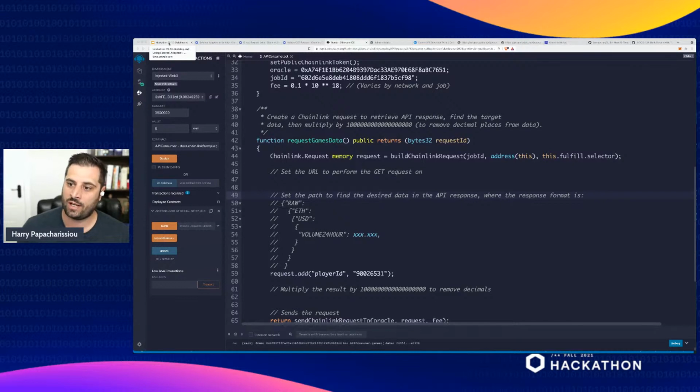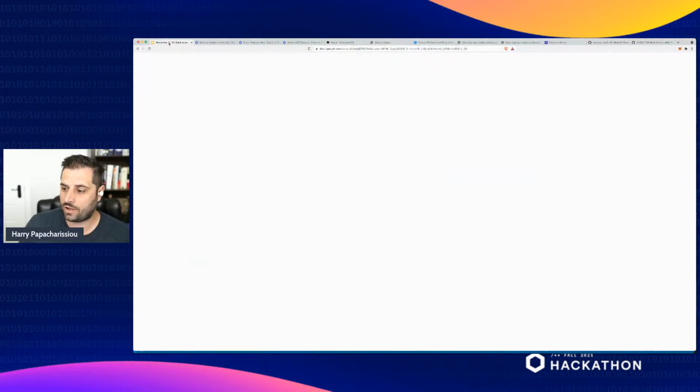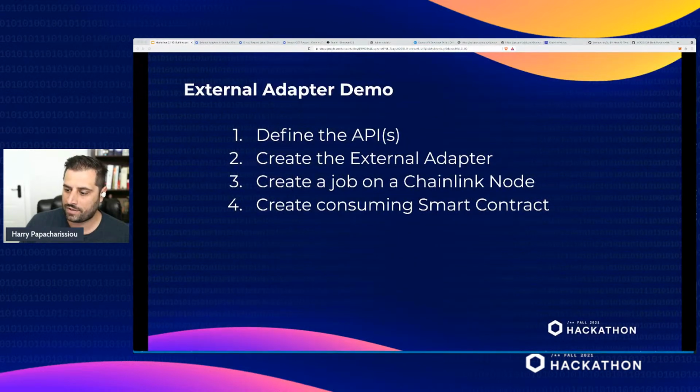And then using a Chainlink node, we spun up a new job that uses the external adapter. And once we had that done, we created a simple consuming smart contract based off of the standard API consumer contract. We just modified a couple of things like which job ID, which Oracle contract, the input parameters, and then